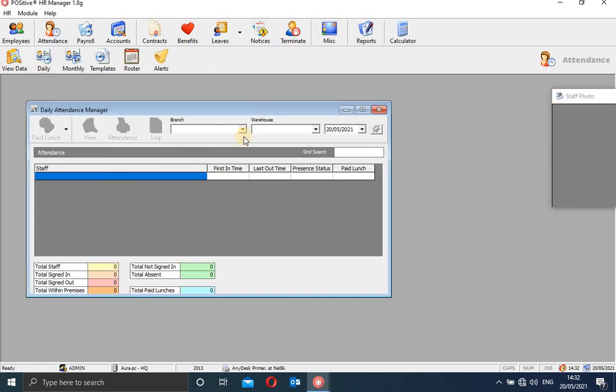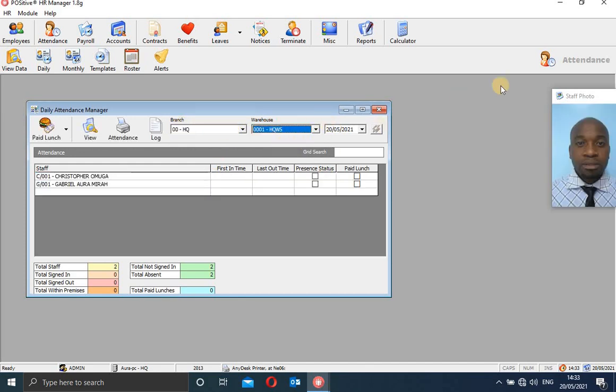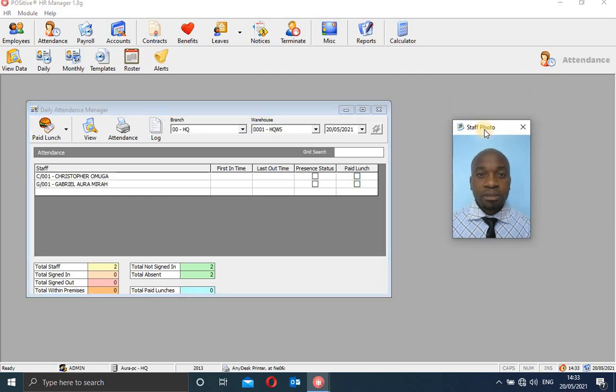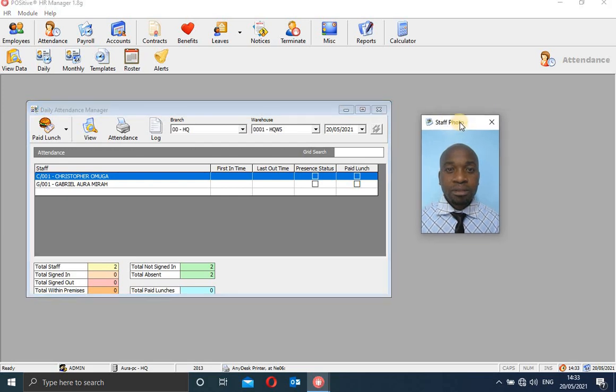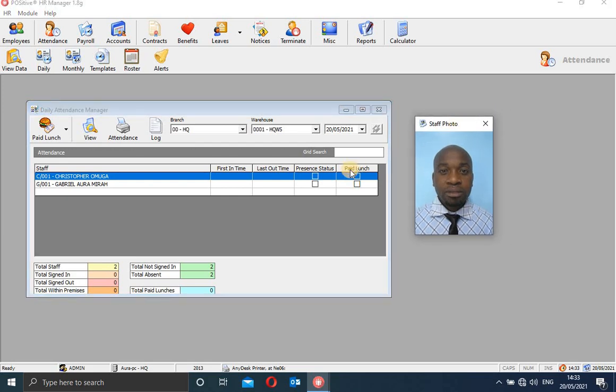Then for you to check the daily attendance of each and every employee, this is where you do it for HQ. You just select the branch here, and then also you select the warehouse. So once you click the name of an individual here with this blue band comes out, then definitely it will bring for you their pictures here.